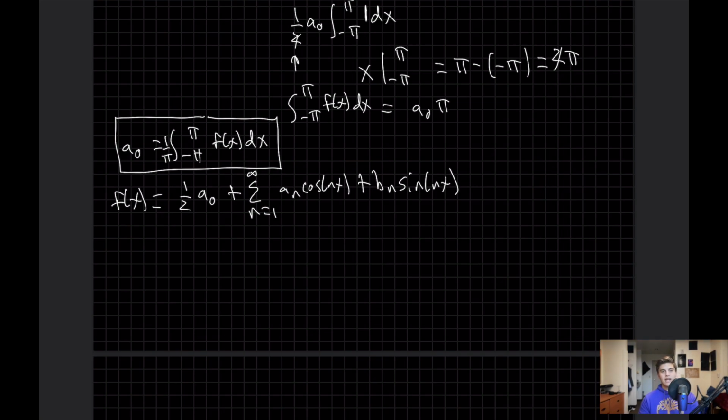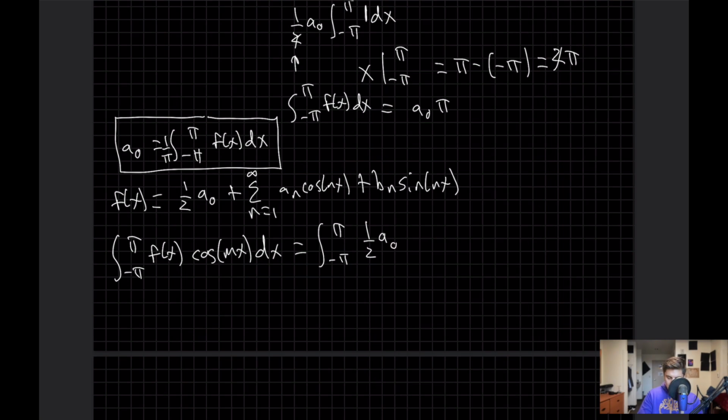So we do the same thing as before, integrating with respect to x over the interval negative pi to pi, but first we multiply by cosine of mx, where m is a real number. So it looks like this. We have the integral from negative pi to pi of f of x times cosine of mx dx, and that's equal to, if we do the same thing on both sides, the integral from negative pi to pi of 1/2 a naught cosine of mx dx plus the infinite sum from n equals 1 to infinity of